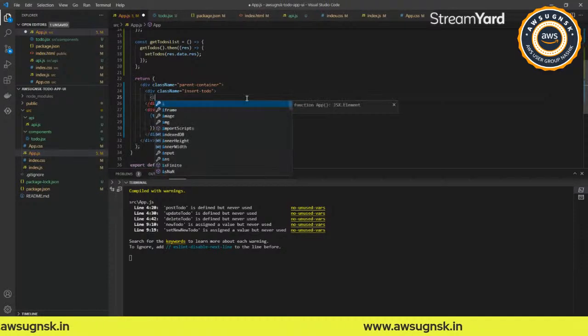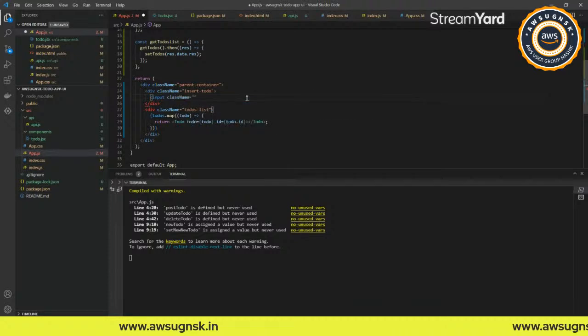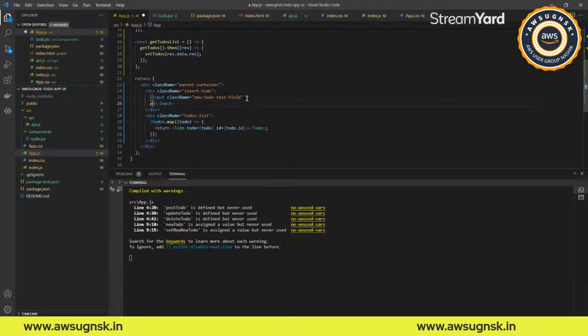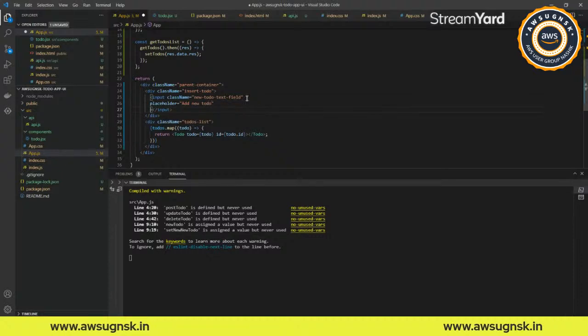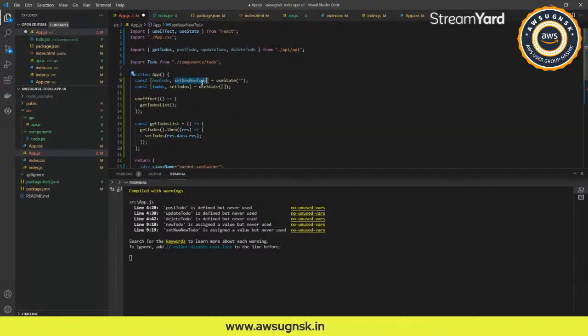add an input field, and class name will be to do field. You can just give any class name that you want. So we'll just give a placeholder to that, add new to do, and we have on change. So on each and every change, what we'll be doing is calling the where is it, set new to do,